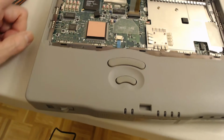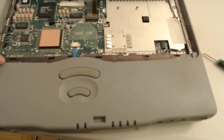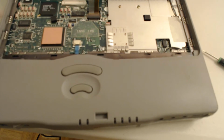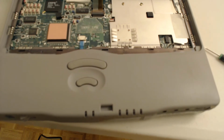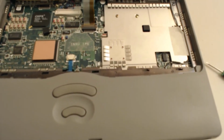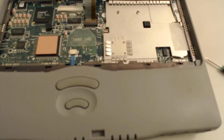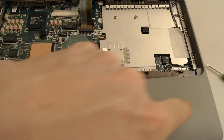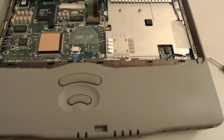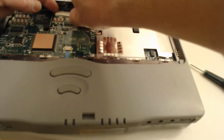While we're here, let's take a look at these solid capacitors. Chips and Technology video card, video driver, and you can see that the actual keyboard is used as a heatsink at some point. And that should be pretty much it. I mean, a lot of the CMOS batteries are kept underneath here, so in order to get it out, we had to totally disassemble the laptop last time. Yeah, and you can see the video cable is a little bit on the loose side, so